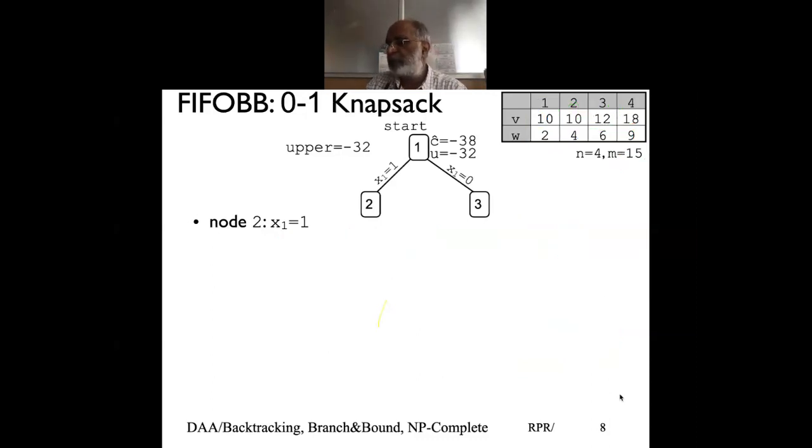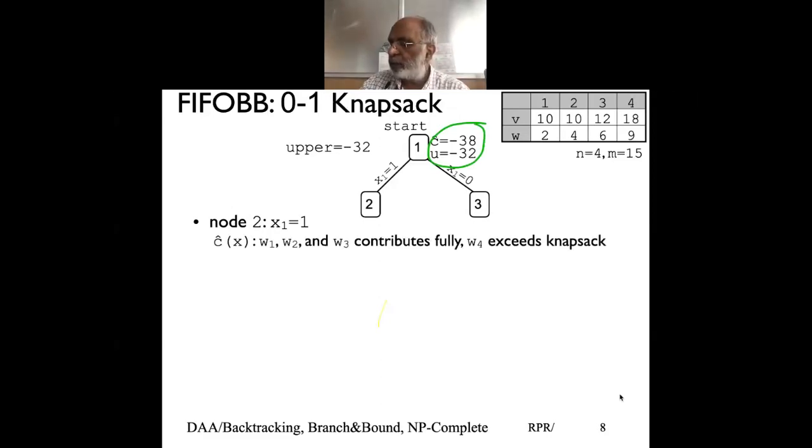As you can normally see, any time you go on the left side when you explore, you will always find the same value of whatever the upper node C hat x and U hat x would be. So you always find the same value. So look at that part. So for node 2, my C hat would be, as I said, this is already included because we have already chosen this item.